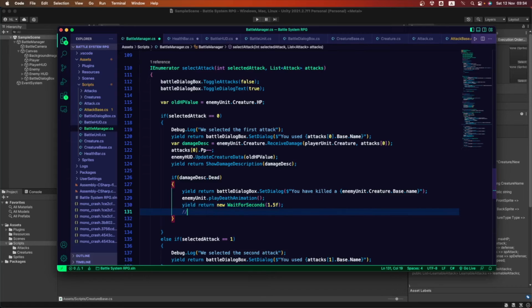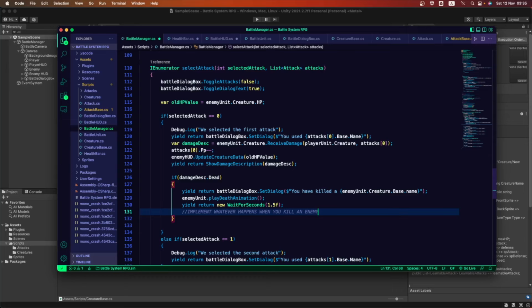After this line, you could implement whatever happens when you kill an enemy. You could go back into the top-down camera, or you could go into another enemy, or you could get a prize. Whatever happens in your type of turn-based game is implemented here.